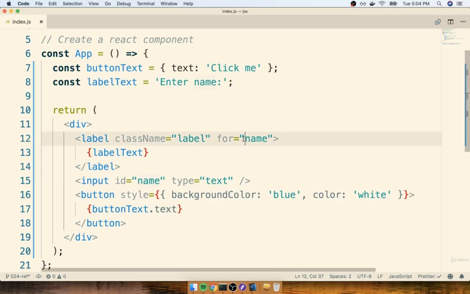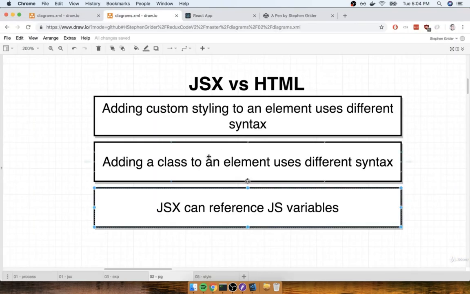Okay, so that's just a couple of the big important things for you to understand around the differences between HTML and JSX. If you look at the diagram over here, I made it seem like there is only 3 issues, but there is one last little thing that I want to show you. One little thing that you need to be aware of in the differences between JSX and HTML. So quick pause and I'll see you in just a minute.